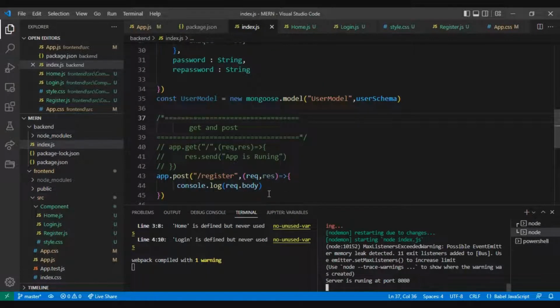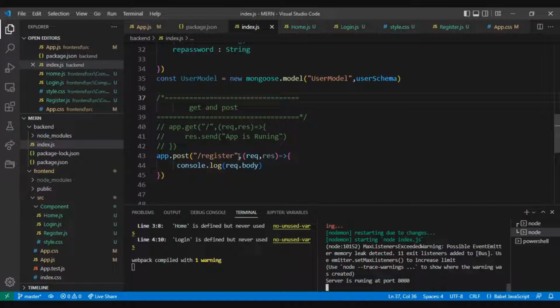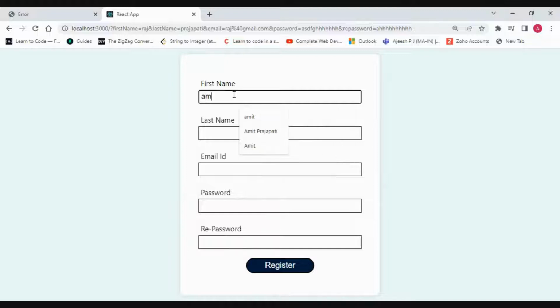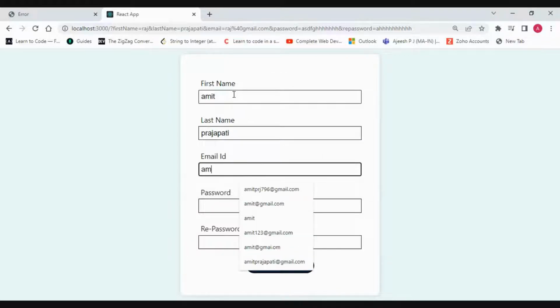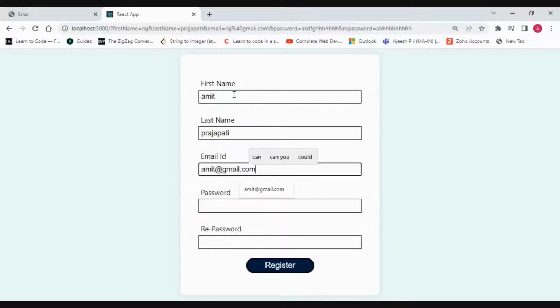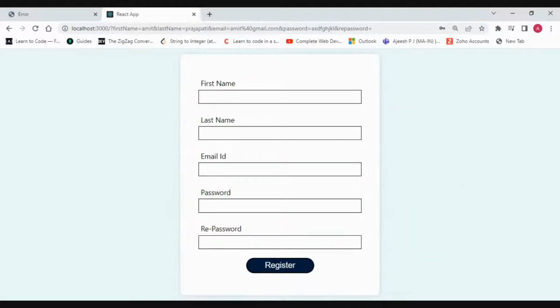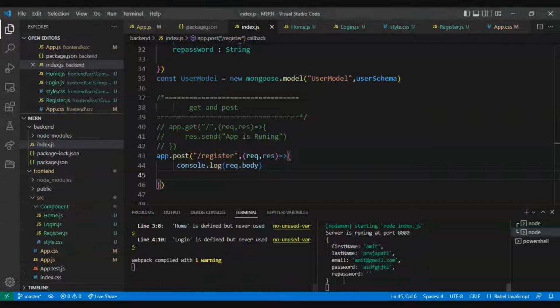Now we want to insert the data. Now in the registration section, in the request.body we get the data. Just give the Amit and last name, email, after that password. Let's see it, we did not give the repassword, that's why nothing is coming. See